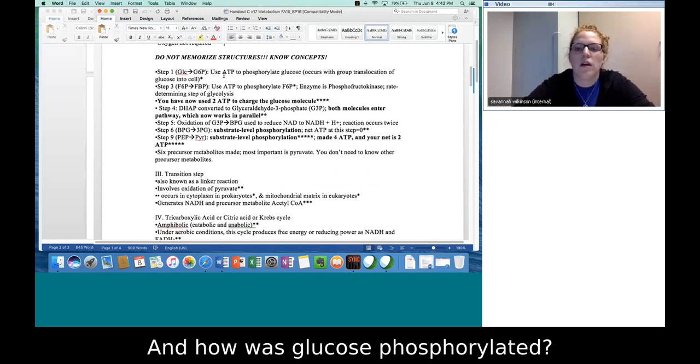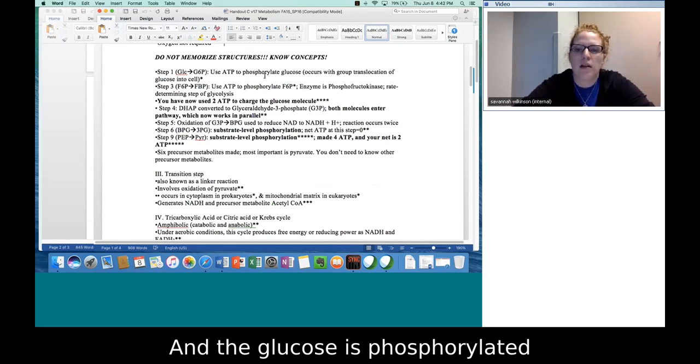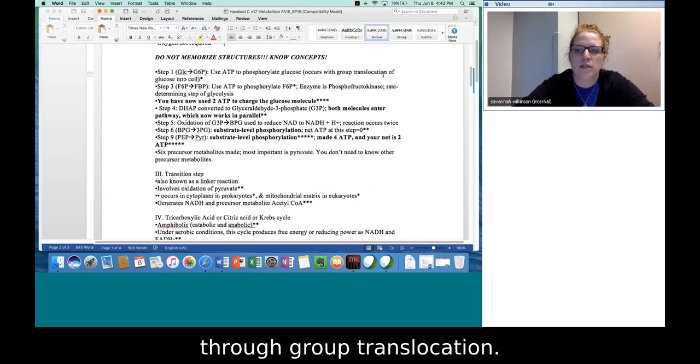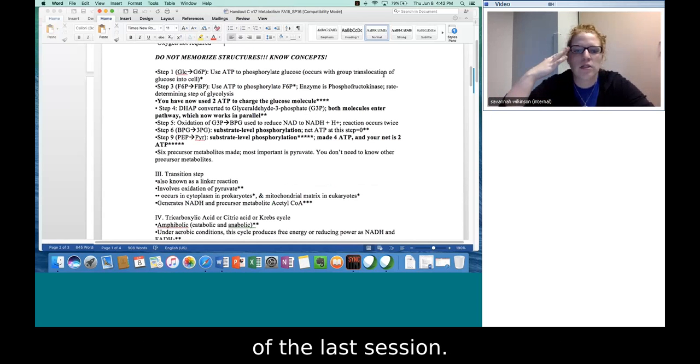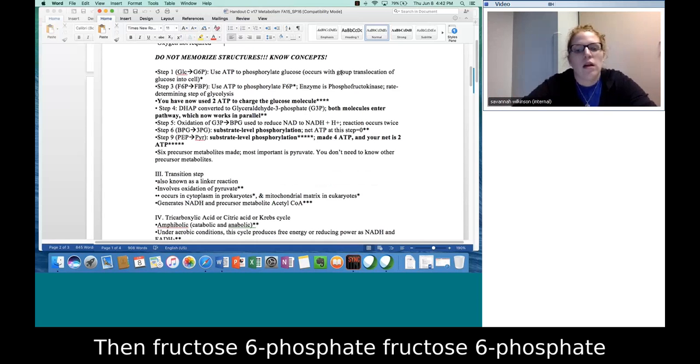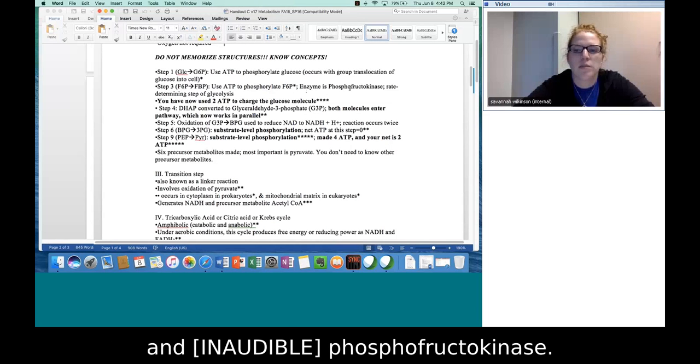And how is the glucose phosphorylated? By using ATP. And the glucose is phosphorylated through group translocation, and that's what I talked about near the end of the last session. So anyway, then fructose 6-phosphate to fructose bisphosphate, use ATP to phosphorylate fructose 6-phosphate, the enzyme is